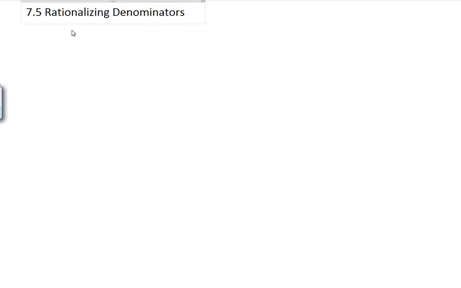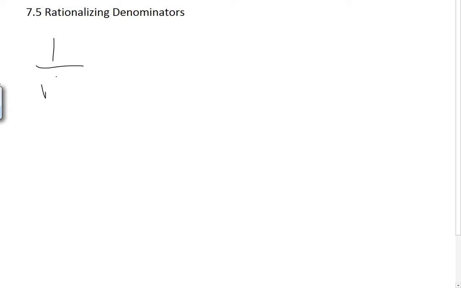Hey guys, I want to show you how to rationalize denominators real quick. A lot of people are comfortable with this with square roots, but it gets a little bit more difficult with cube roots. So I want to spend some time on both and just explain a little bit of what's going on. Alright, so the idea is that we want to rationalize denominators if we ever have a radical